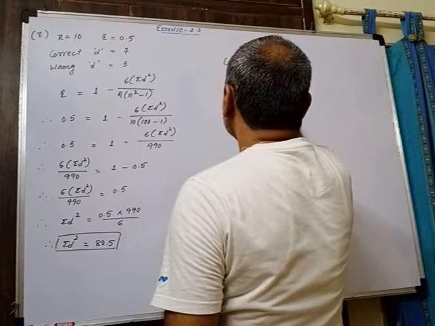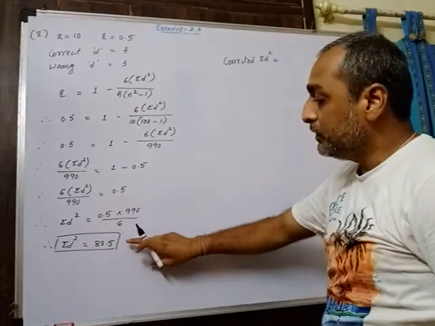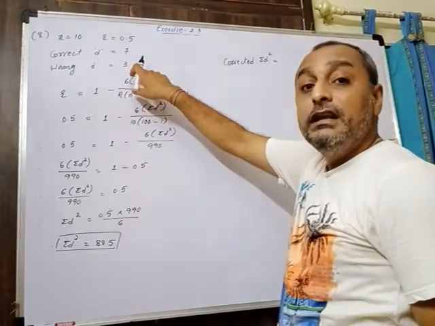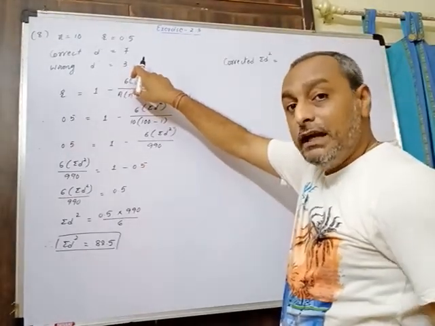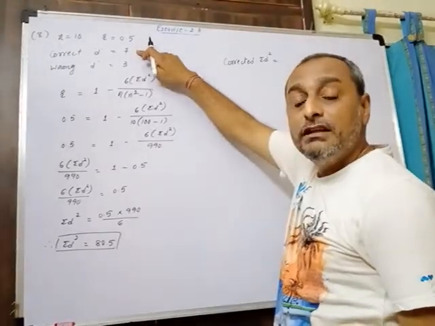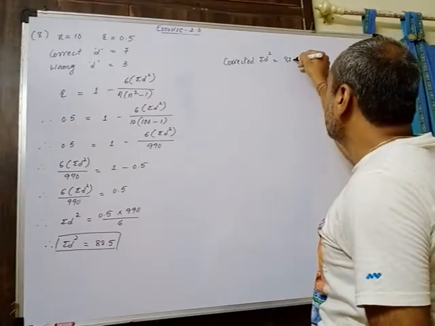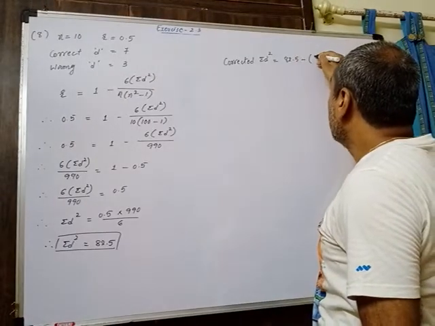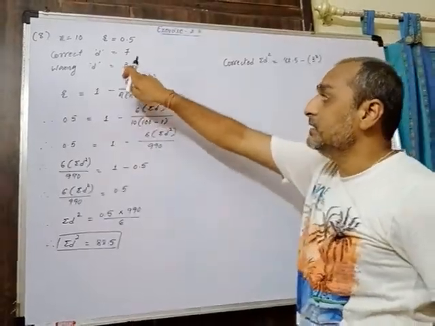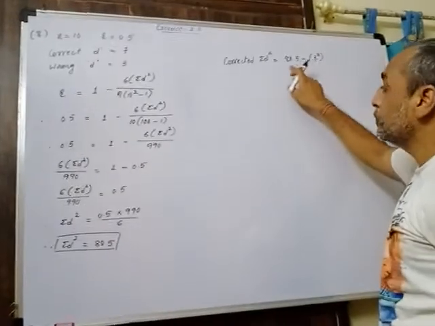So according to this, we'll find out now the corrected sum of d square. How can we find this? In this total of d square, the total of this wrong d square is added, so we have to exclude it from it, and we have to include the square of the correct d. So we can write like this: 82.5 minus the wrong observation, that is 3 square, deducted because 3 is actually d. We need over here its square value because this is your total of d square.